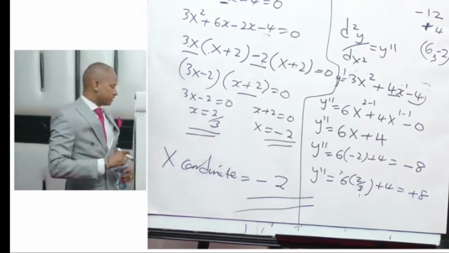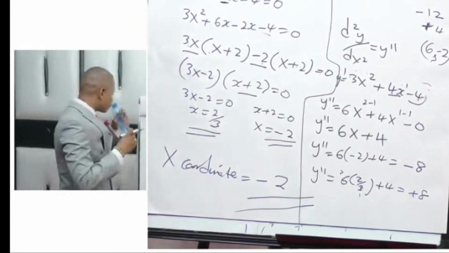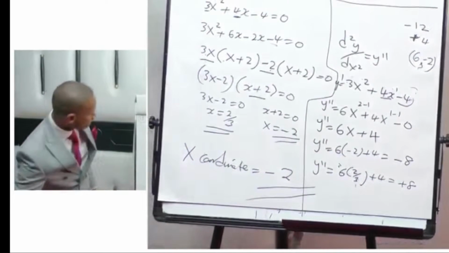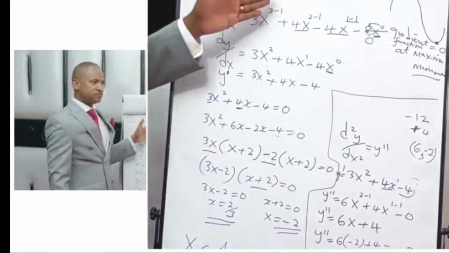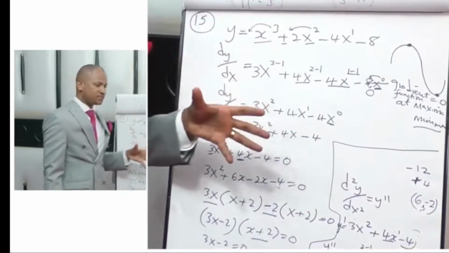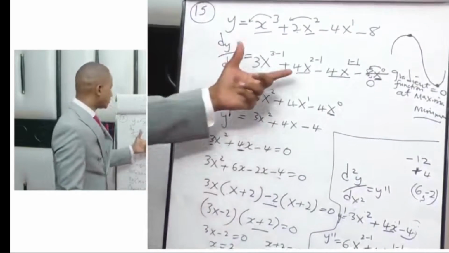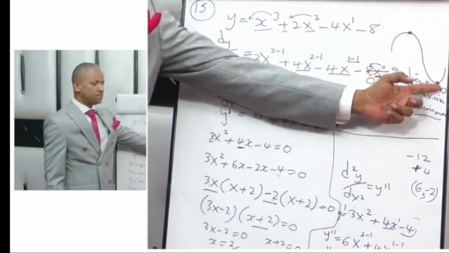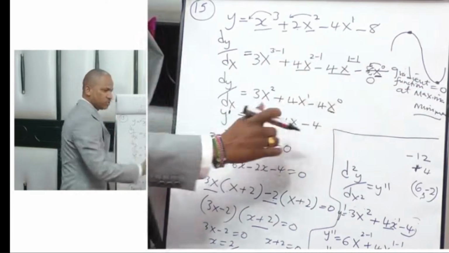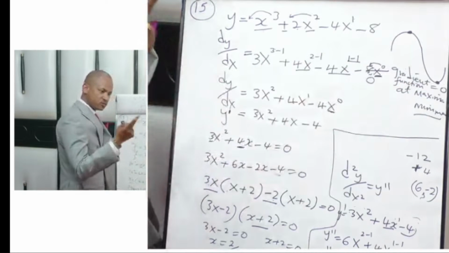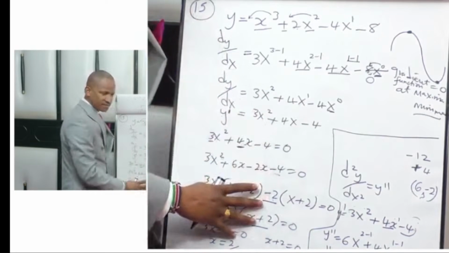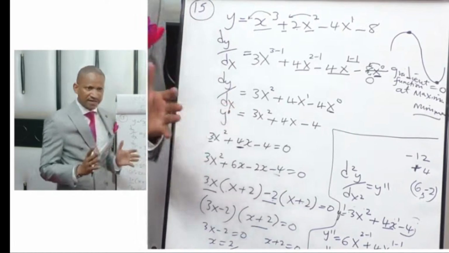Now, the simple explanation to this. You are told to differentiate. Differentiate normally. Then equate that, because the gradient function at maximum or at minimum equals 0. So your first role is to differentiate once and equate to 0. Then solve for the values of x. You'll get 2 values of x. Solve quadratically. After getting 2 values of x, now you don't know which value of x you are supposed to